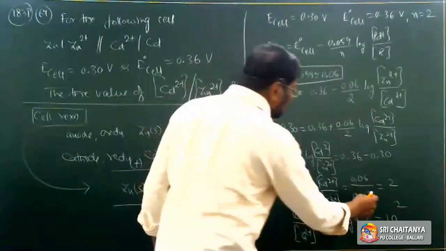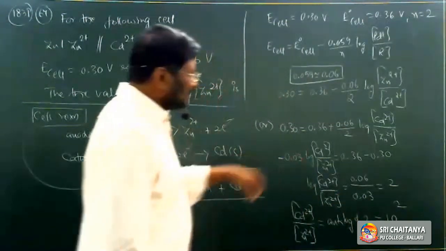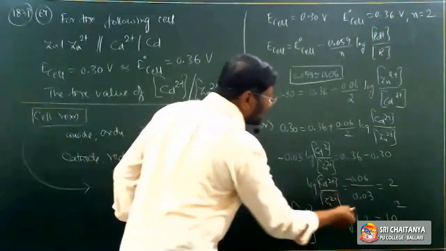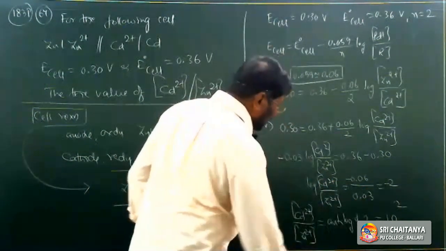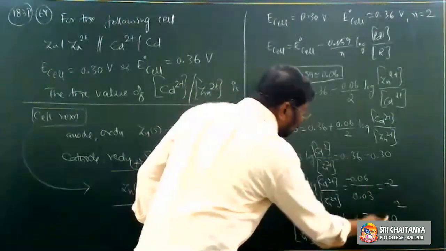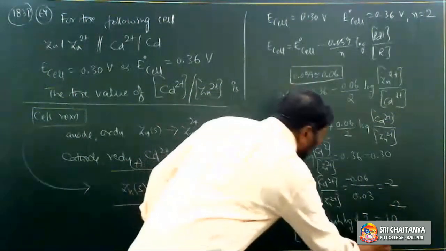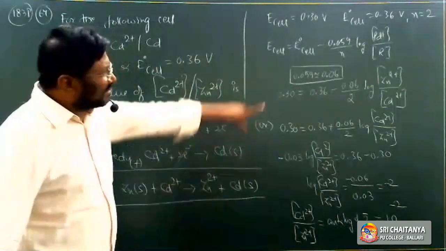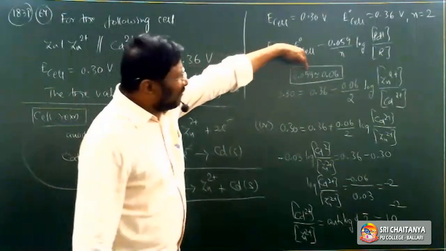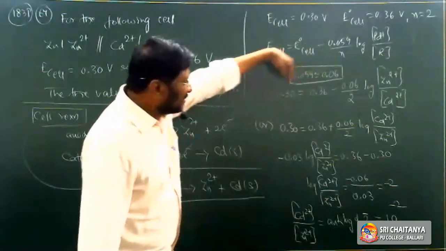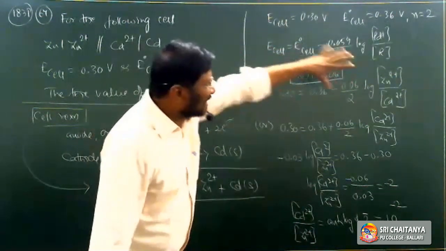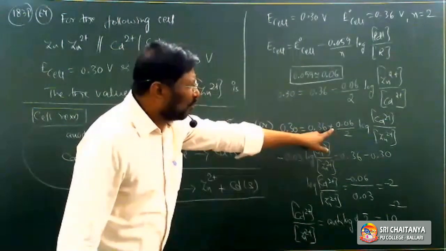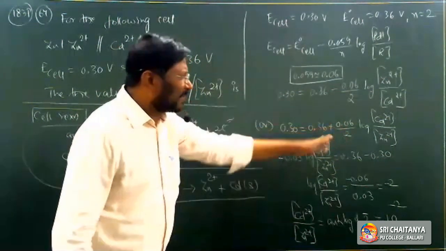So therefore, what do you get? Minus 2, bar 2. Here 0.01. Now you observe this: 0.059, approximately 0.06. So therefore we write like this as per the Nernst equation. Now this minus I would like to remove, so we can write like this. It is your wish. Okay.